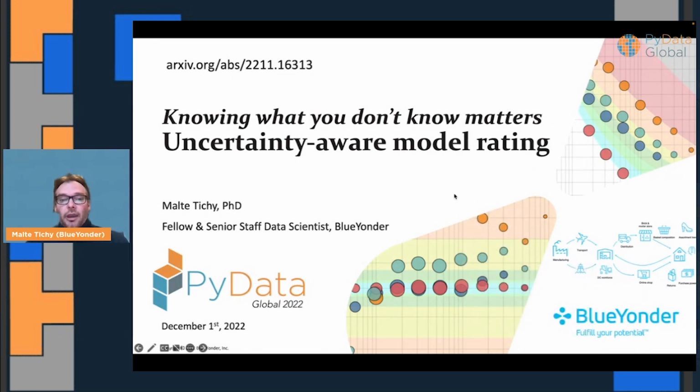I'm working as a data scientist at Blue Yonder. We develop and run software for supply chain applications, and of course, forecasting is a really important part of what we do. We build a lot of models, and we want to know: are these good models? Are they working well? For that, we've developed a method that we call uncertainty-aware model rating, in which we